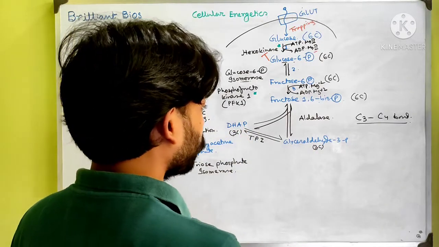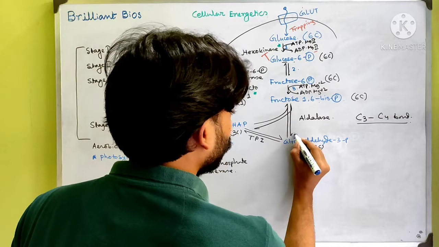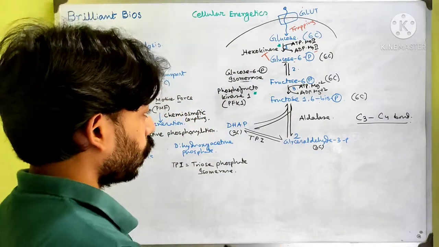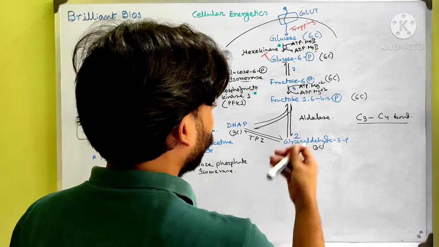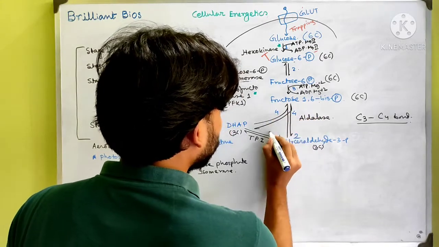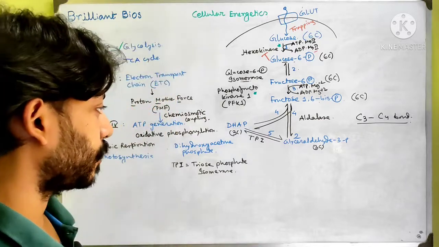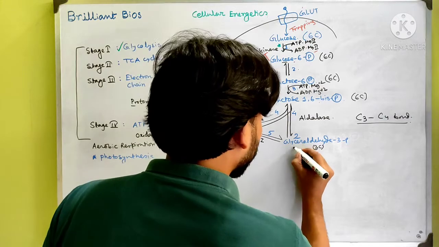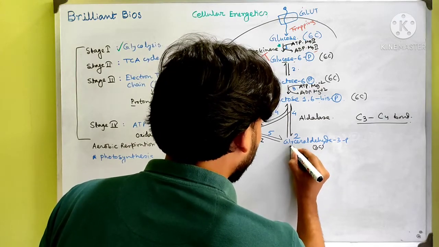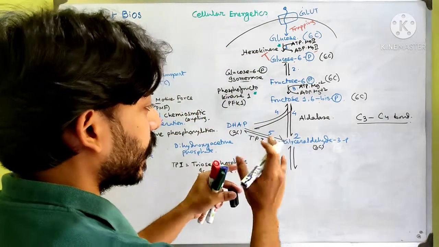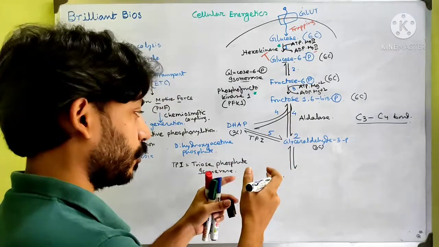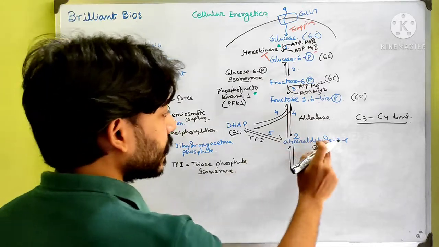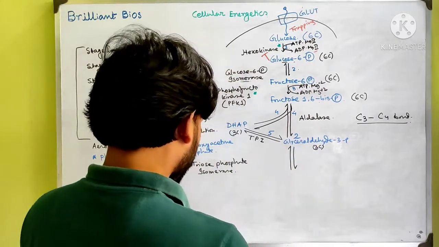Then the number of this glyceraldehyde phosphate is 2. So there are 2 glyceraldehyde 3-phosphate. So this is the fourth step, and this is the 5th step of glycolysis. Now the glyceraldehyde 3-phosphate is converted into another product. So can you see here that all these reactions are actually bidirectional, or you can say they are reversible reactions. Reversible.